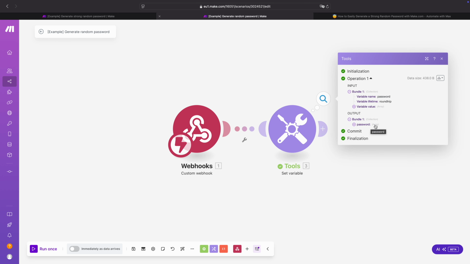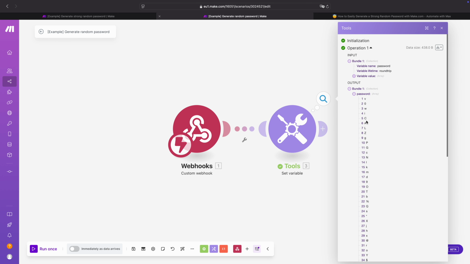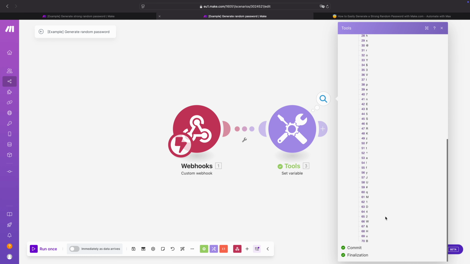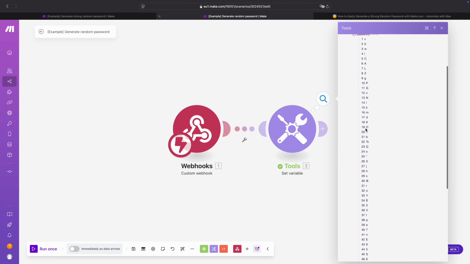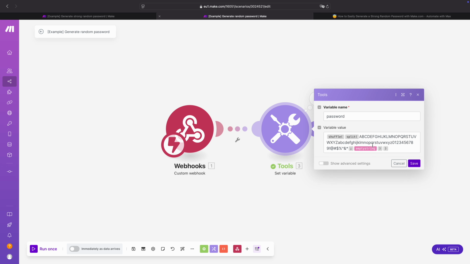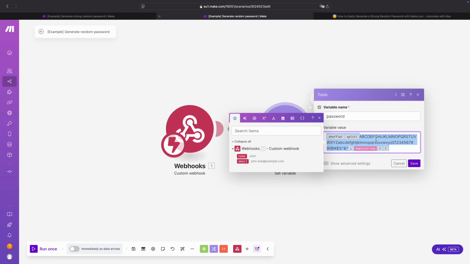So we have here our password array, which now still has all the same characters, so 70 characters in total, but now they're all in a random order. Now what we want to do is put these back together into a string, into a text. So we click on this, we copy all of this again, we remove it again, and then we